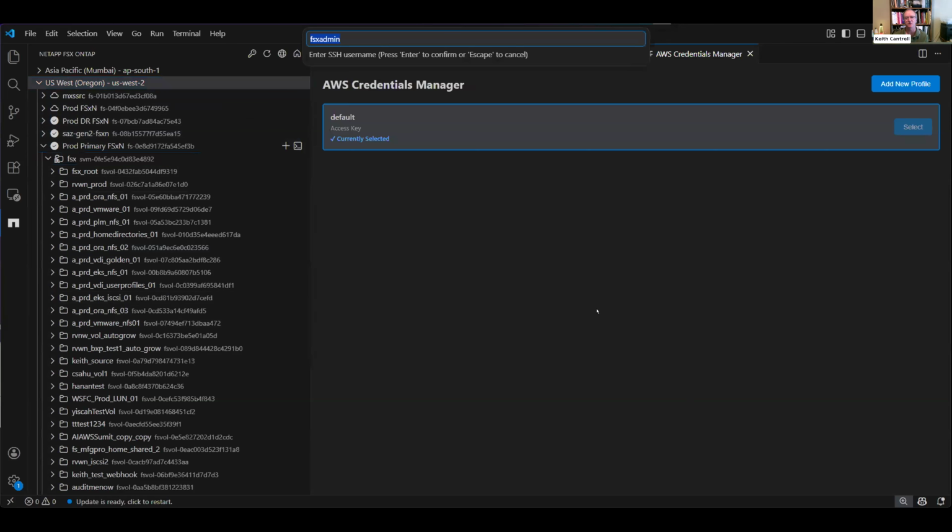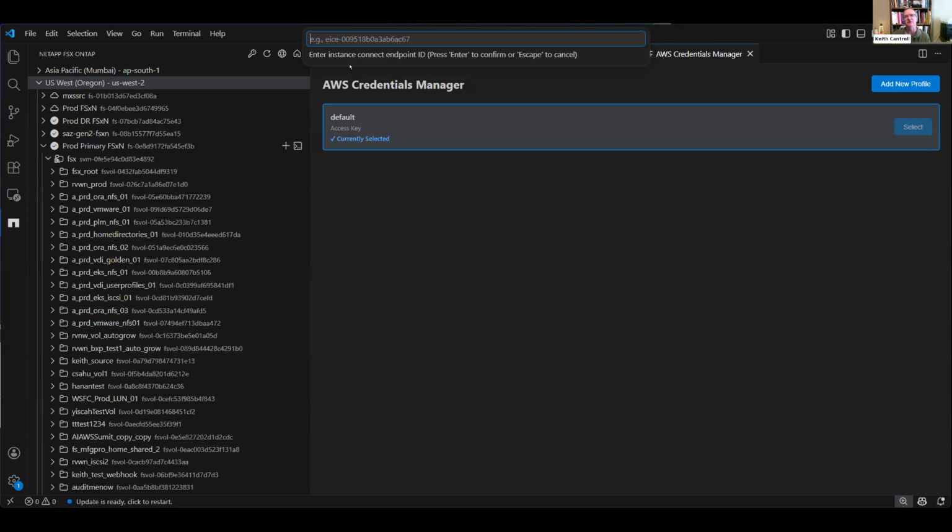And it's just going to prompt you for the username. This can be any user account that exists on the FSx for ONTAP file system. And then, of course, it's going to ask for the password. Give that. Then the third question is, how do you want it to access it? If you're working within a network where you have network connectivity to the FSx ONTAP file system, then by all means, select direct. If you don't, if you're like me and my network is, working from home, like so many people are, and I don't really have access directly, but I still need to communicate with it,